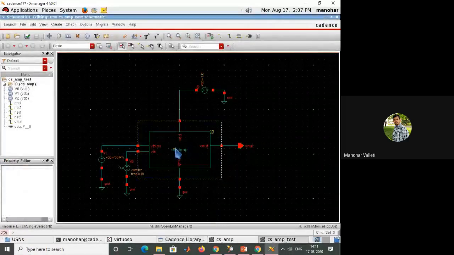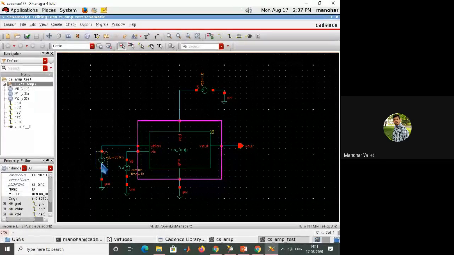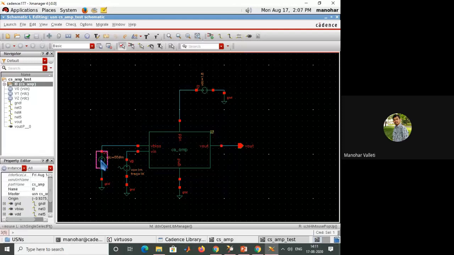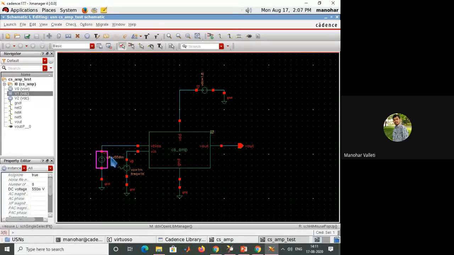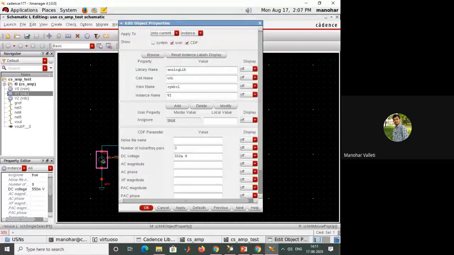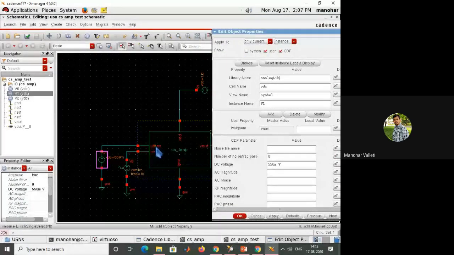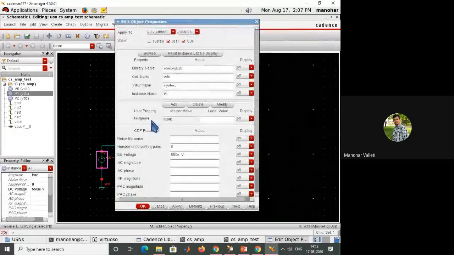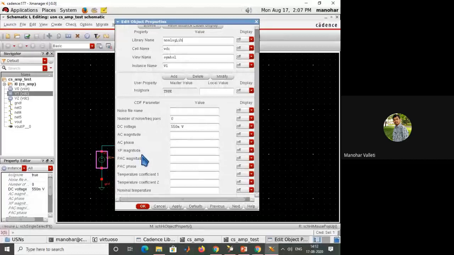From that I selected this, and from analog libraries I selected VDC. What are the settings of this? To properly operate, this VDC is connected to VBIAS, right? VBIAS is connected to the PMOS. So to properly saturate the PMOS, I need to apply 550 millivolts. So DC voltage is 550 millivolts, that's enough.